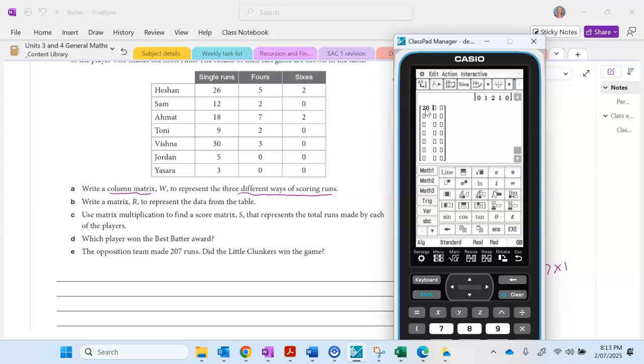All right, 26, 5, 2, 12, 2, 0, 18, 7, 9, 2, 0, 30, 3, 0, 5, 0, 0 and 3, 0, 0, and we're going to multiply that by